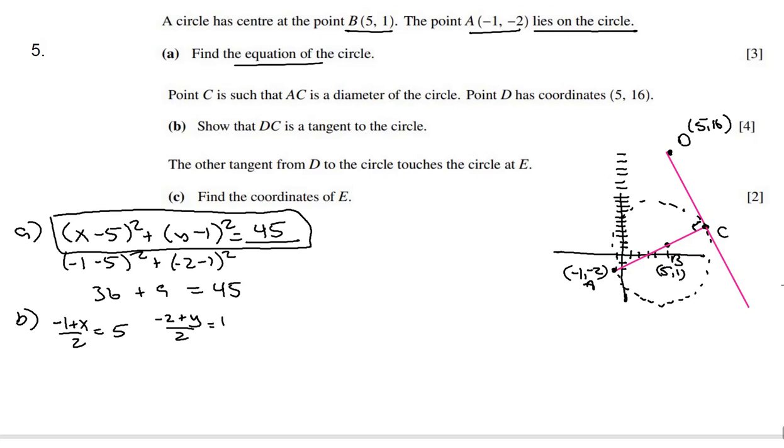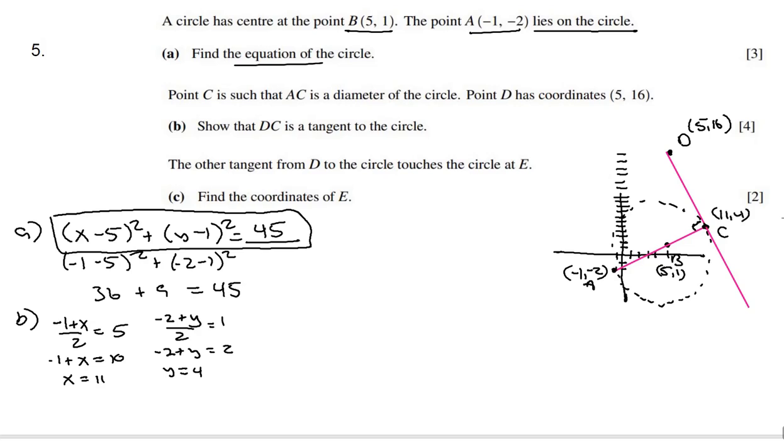I'm taking the end and making it equal to the middle. And so then I've got negative 1 plus x is equal to 10, x is equal to 11, and then I'm going to get negative 2 plus y is equal to 2, and y is going to equal 4. So that means this point over here is going to be 11, 4,